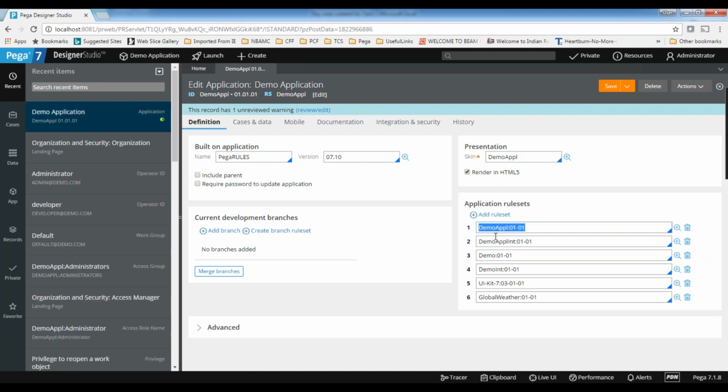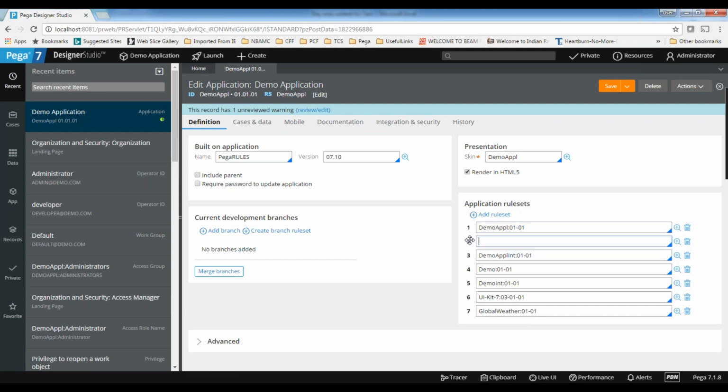Every rule you need to save in a rule set only. So this is like a stack. If you want to create a new rule set, let's say on top of the demo application rule set, I want to create my own specific rule set. That is how you decide in the stack where it is applicable. If I want to use application rule set rules, it should definitely be on top of that one, so I am creating it on top of that one based on the requirement.